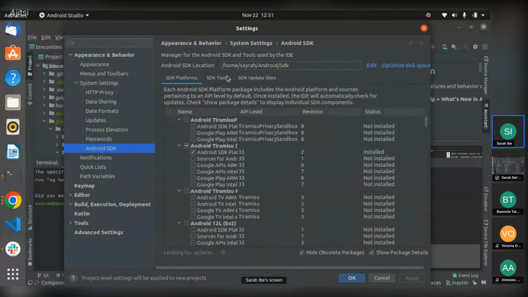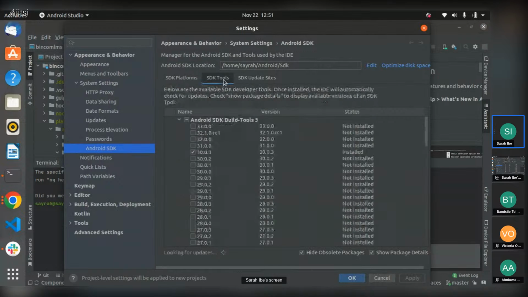Under your SDK tools, you now install the SDK based on the particular Android platform you are building for.